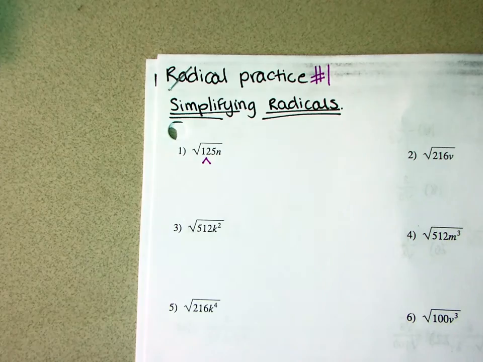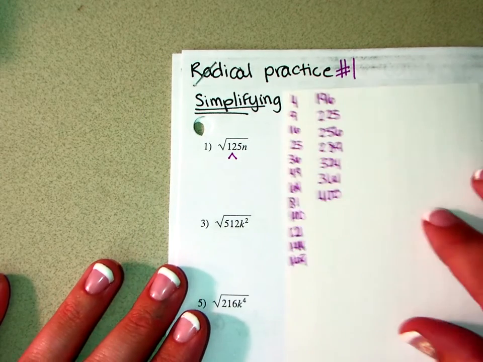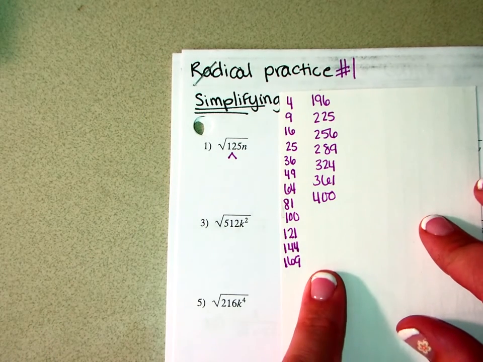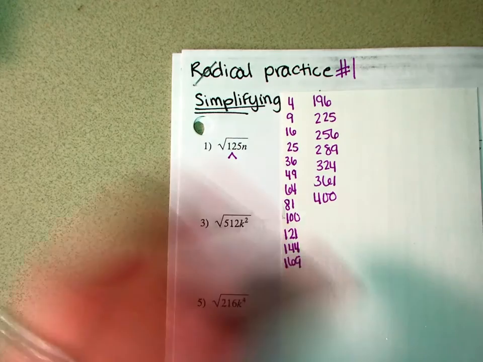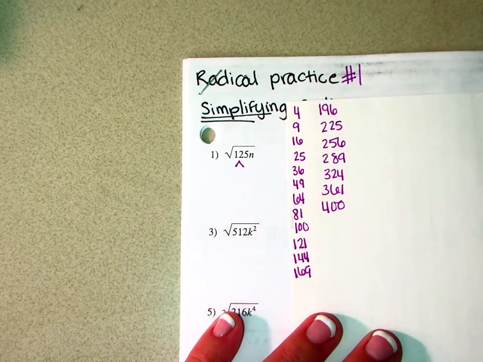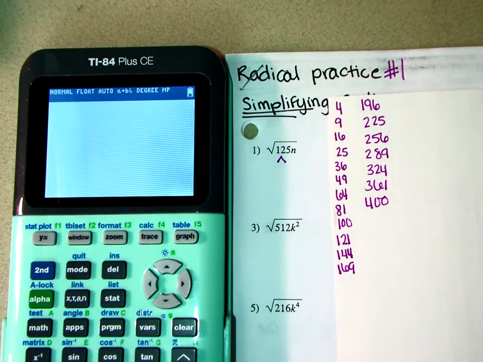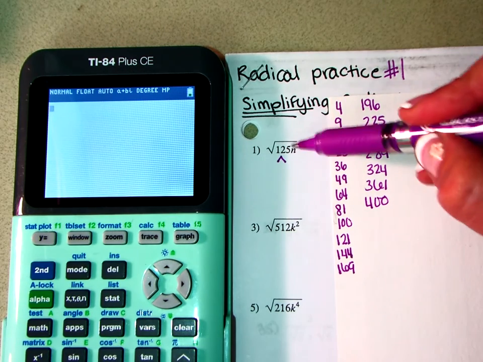We are simplifying the square root of 125n. So I'm going to use this little cheat sheet that's got all these perfect squares on it. Hopefully, eventually you'll have these memorized. But what I'm looking for is a perfect square that I can pull out of 125. So let's say that I don't know my perfect square. Obviously, it's 25. But if you don't know that, the way that you use this little chart is you have